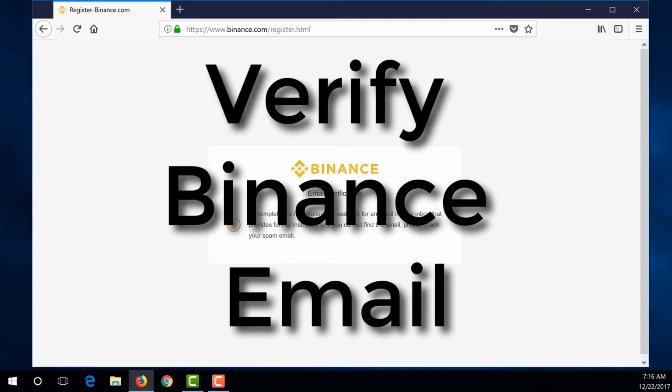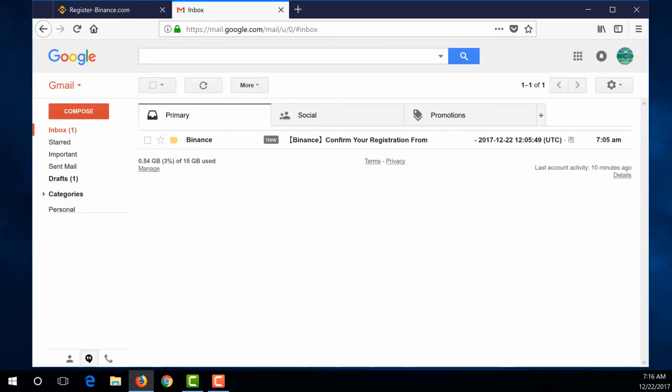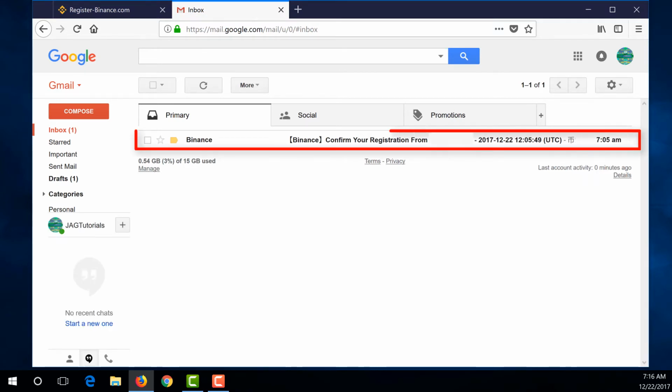We now need to open our email client to find the new Binance email. In this case, we signed up with the Gmail account. We will open a new web browser and navigate to gmail.com. There should be a new email from Binance with the title of Binance, confirm your registration.